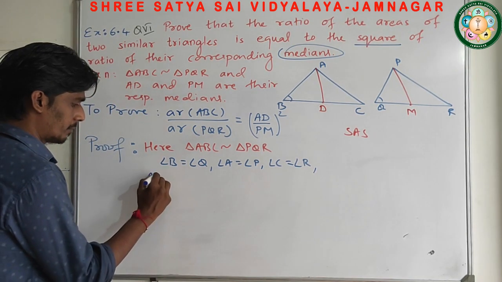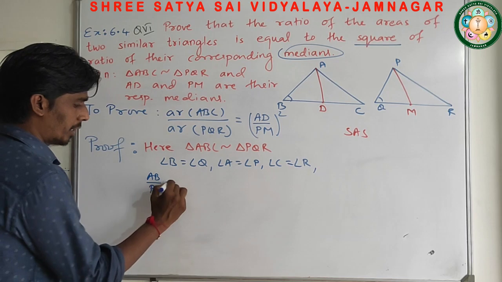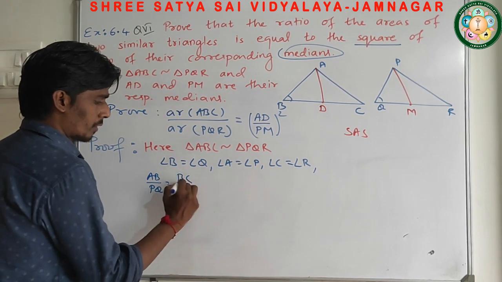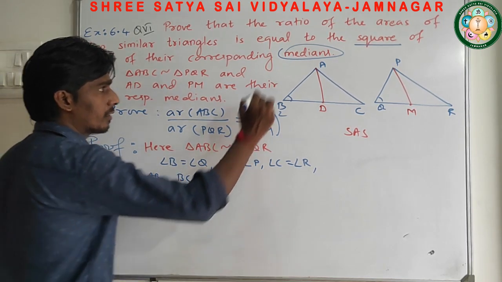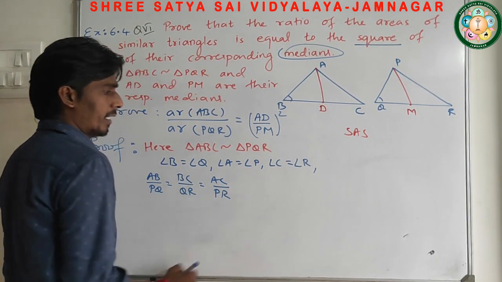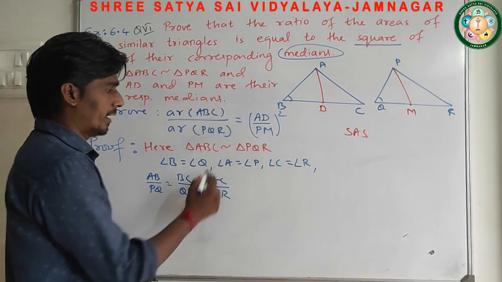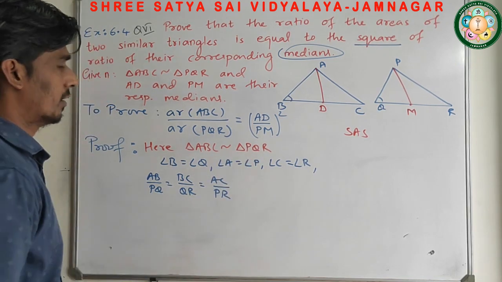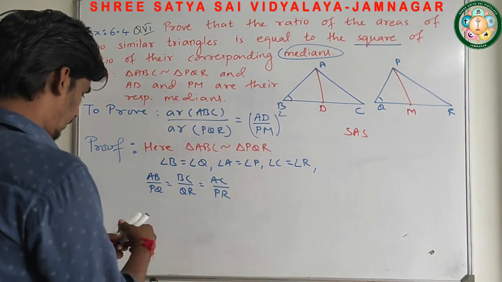So we can write AB upon PQ is equal to BC upon QR is equal to AC upon PR. These two conditions are possible only if triangles are similar. Now